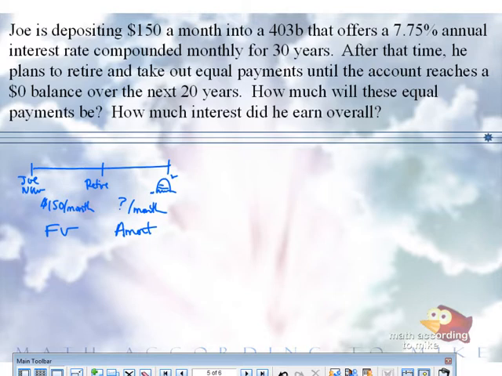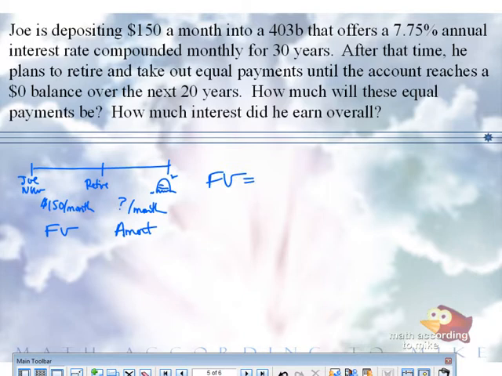So when you have these two-step process examples, you want to think about a timeline. The trick is the formula you start with is the one where you know the number. We know that he's putting away $150 a month, and that's our future value period. So we're going to start with our future value. What that will tell us is how much he needs to have at the time that he retires so that he can clear out his account later on. Okay? So starting with the future value,